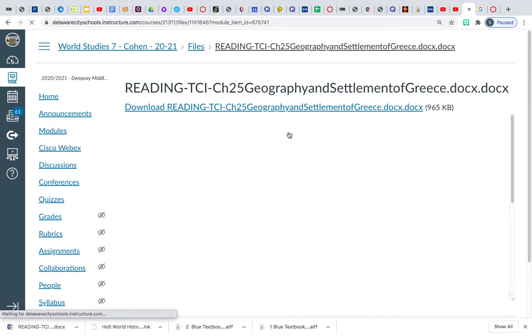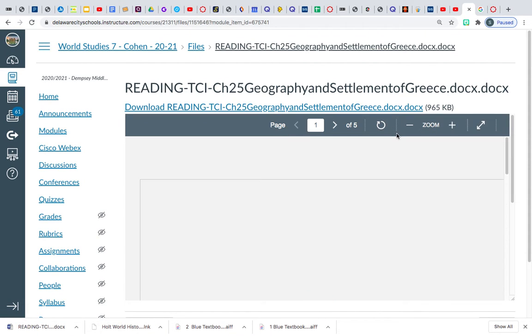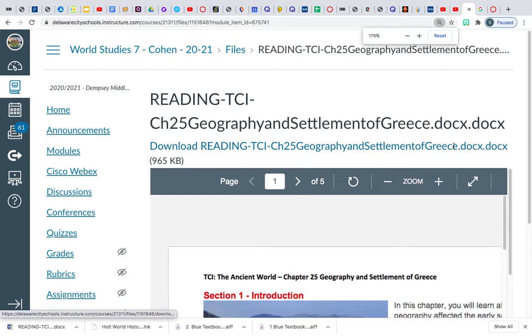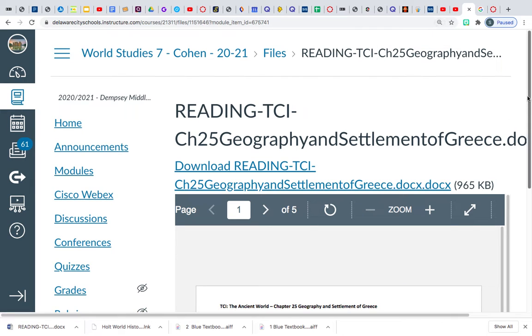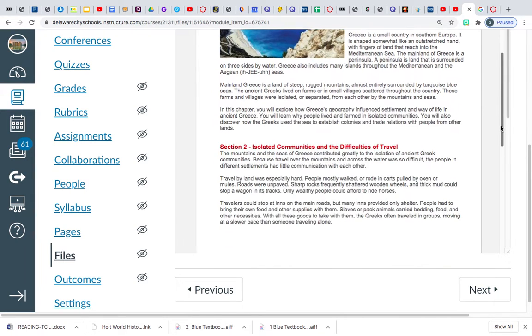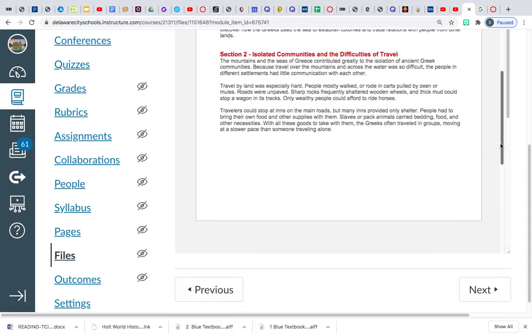So I'm going to click on this, and I'm not going to download it. I'm just going to zoom in, make it a little bit bigger. Let's see. And scroll down. There's a particular section I want to go to. I did tell you how blue the sea is there. It looks beautiful. And this is a more in-depth description of what was in the presentation last Friday.